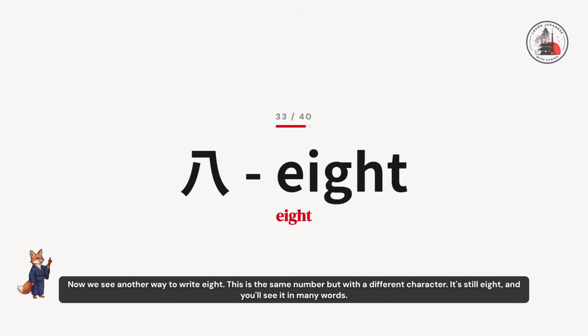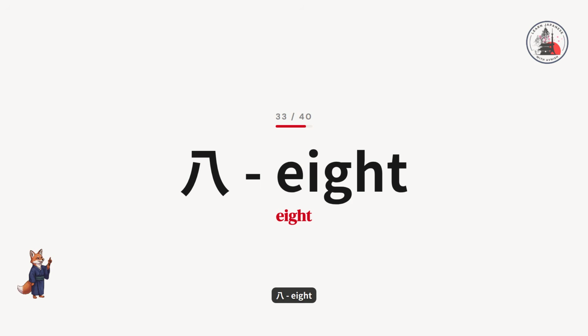Now we see another way to write 8. This is the same number but with a different character. It's still 8, and you'll see it in many words. 8、8。